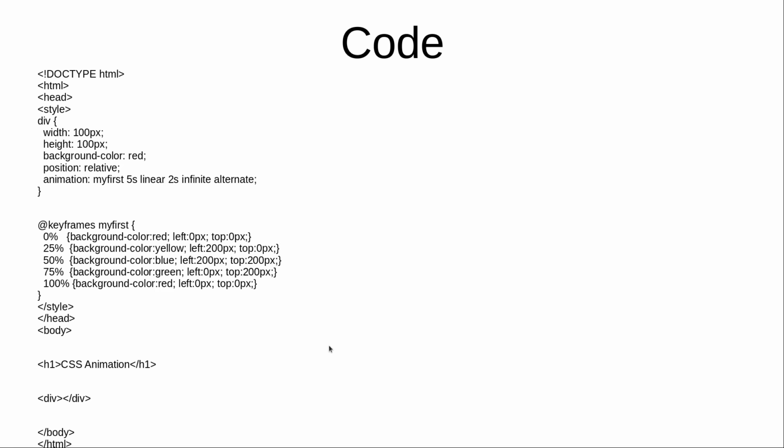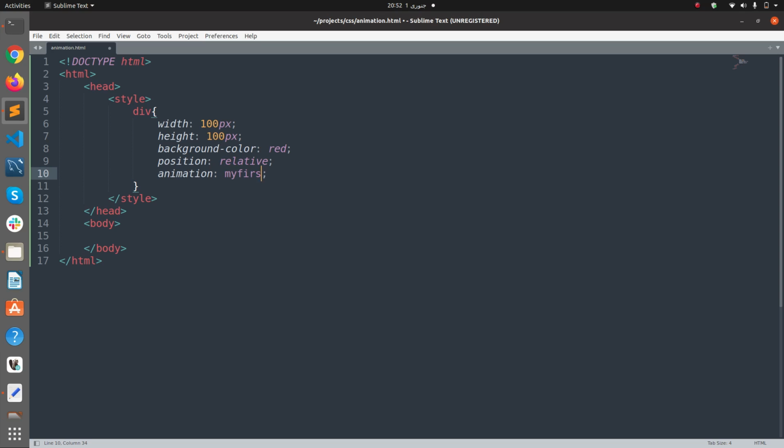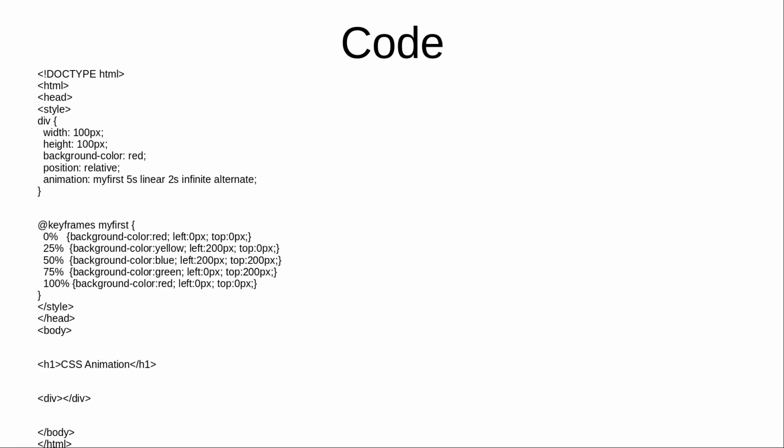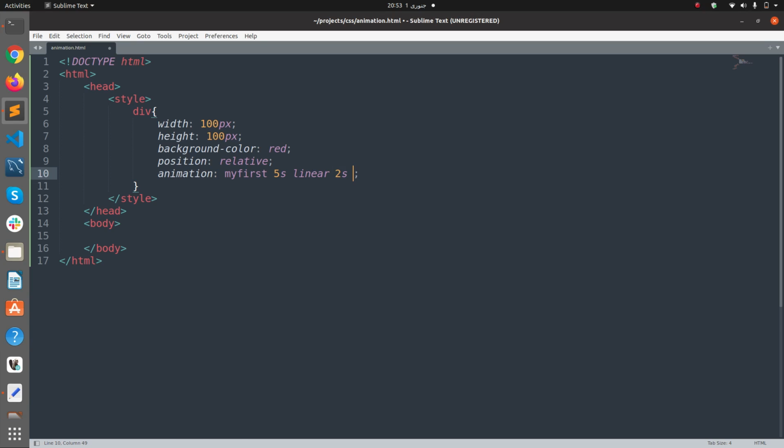It is in CSS3, and here you are going to say what animation properties or the class I'm going to use. So here I'm going to use my first, and in this I'm saying 5 seconds, linear animation 2 seconds, infinite,